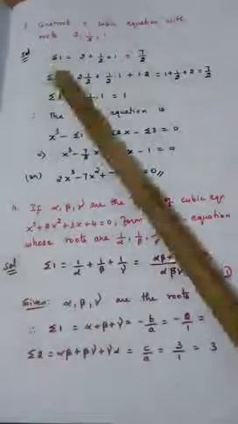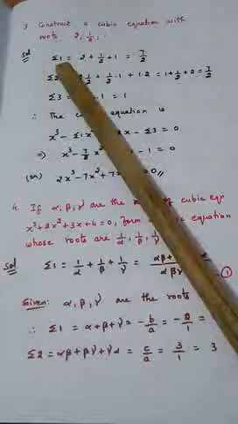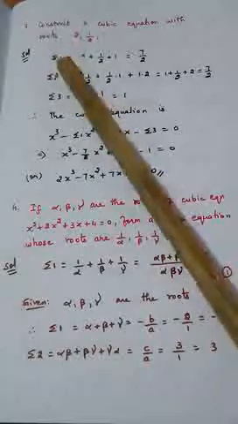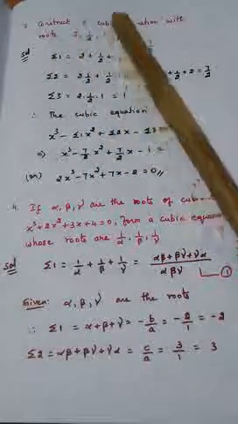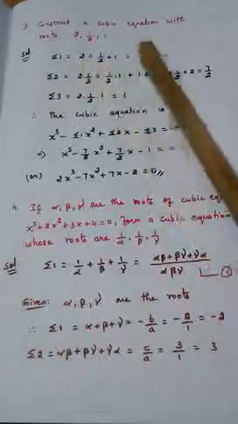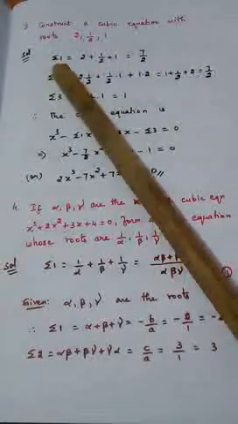First I am going to calculate sigma 1. You know very well sigma 1 means sum of roots, taking one at a time. We have 3 roots, so we should add all the 3. 2 plus 1 by 2 plus 1. If you add all the 3, answer is 7 by 2. This is the value for sigma 1.